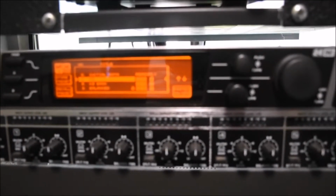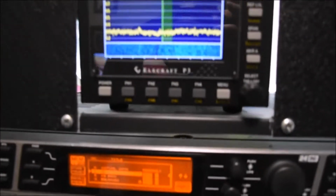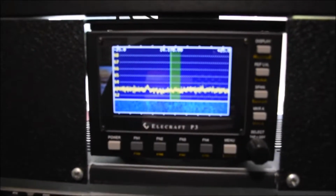It has an EQ and all kinds of processing facilities to tailor the audio that I put out over the air to sound like I want it to sound. And you can put several programs in there. I'm not going to get real detailed and technical on it, but just think of it as a massive big equalizer. Above that you see the Elecraft